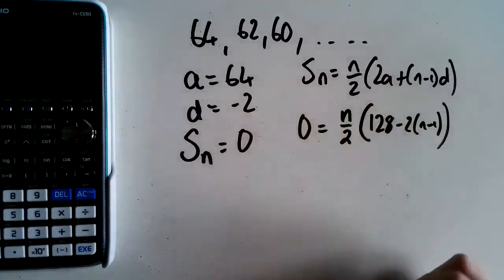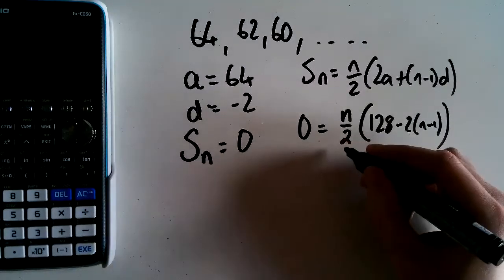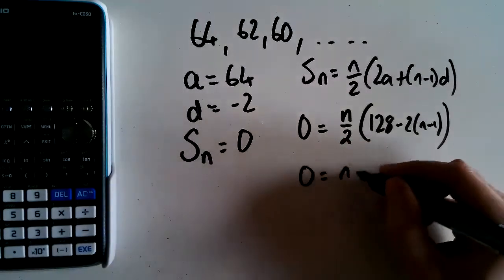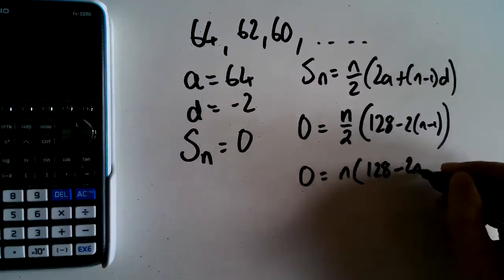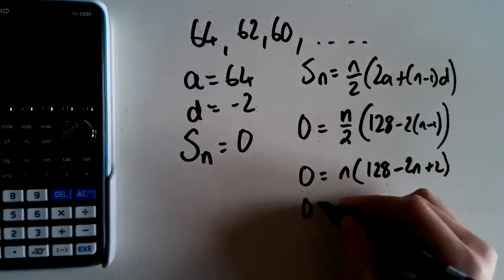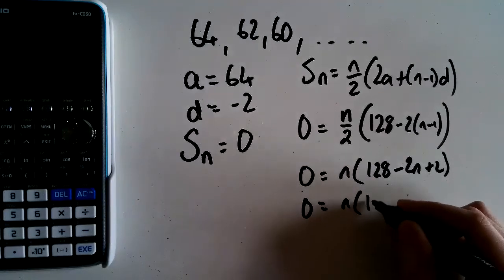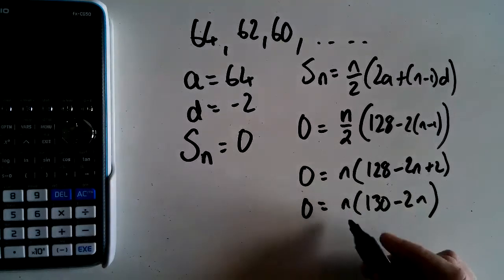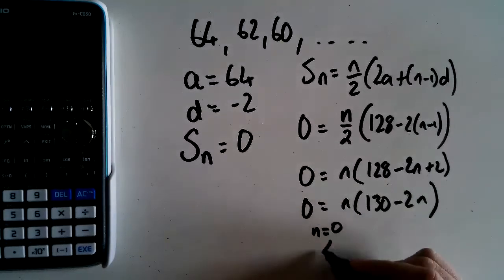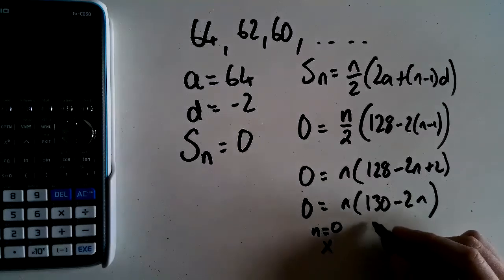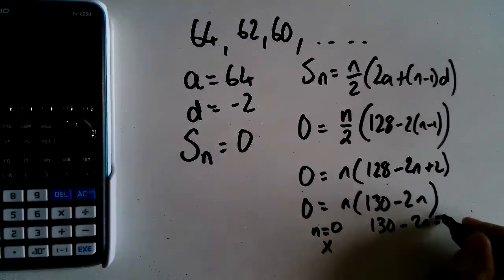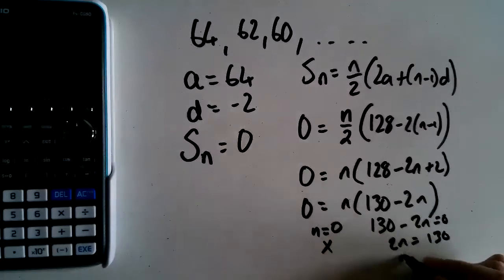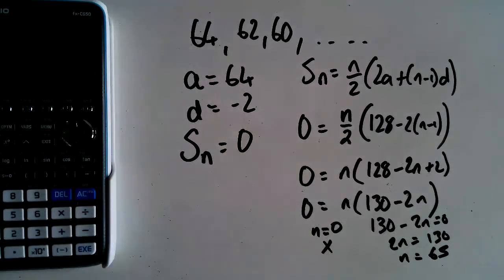So I'm just going to times that 2 up. So 0 is n, 128 take away 2n plus 2, just expand that little bracket and simplify that. So 130 take away 2n. So then I either get n is 0, which does make sense, or this thing here is 0, which just means 2n is 130, so n is 65. And 65 terms in order for the sum to be 0. And then the last one,